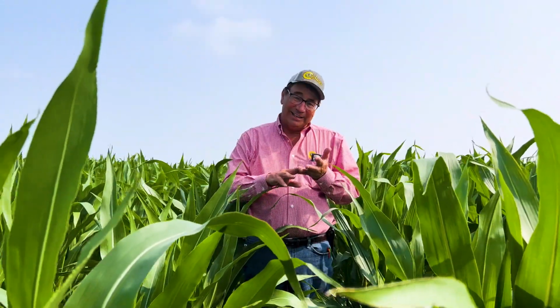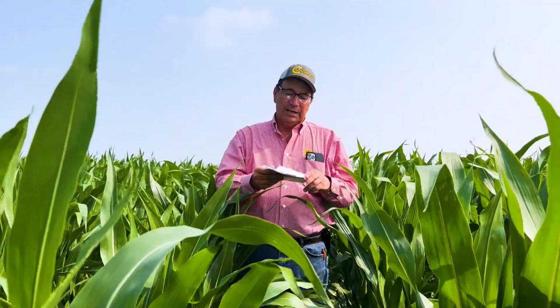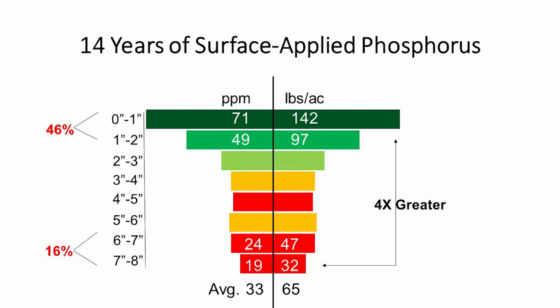So now we're standing in one of my high fertility, high yield plots. So we put on about $1,100 of phosphorus potassium in the last 15 years. And it's been surface applied, and then we just left it there. And my feeling is that phosphorus potassium spread on the surface stays on the surface, which creates stratification. And we'll put this up on the screen so that you can see it, but it's kind of a funnel